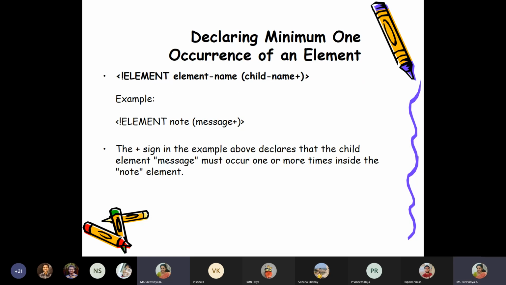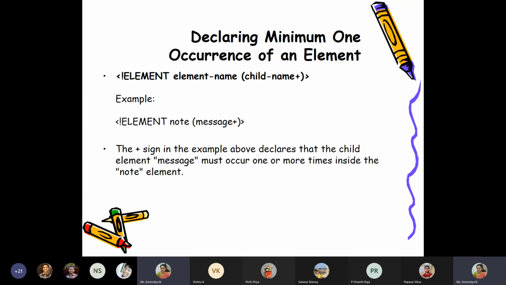Suppose I want the child to appear one or more times, then I can put a plus symbol after the name of the child element. You might be familiar with this from regular expressions, when studying NFA and DFA. In that you have seen star and plus, same rule.